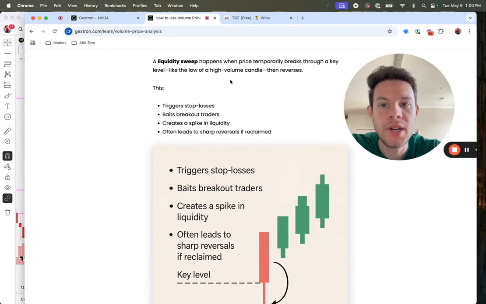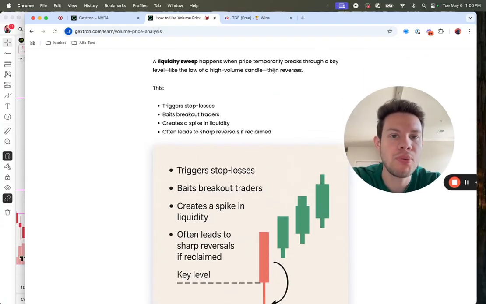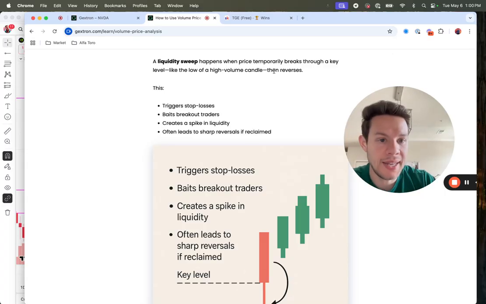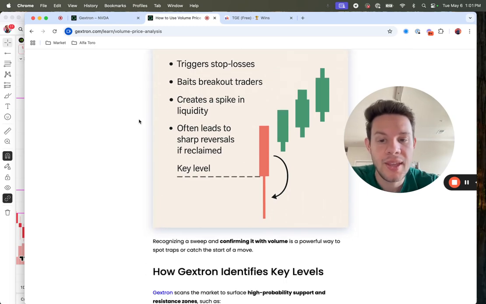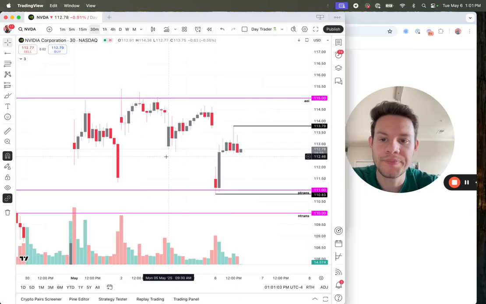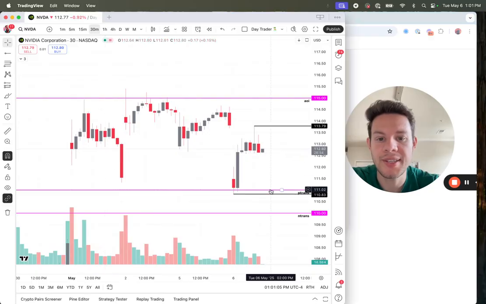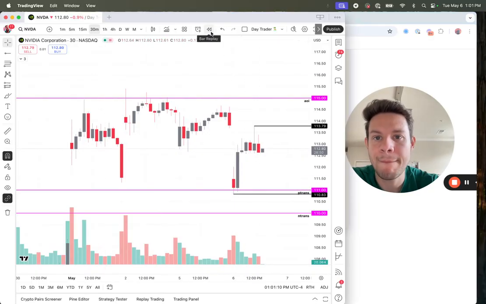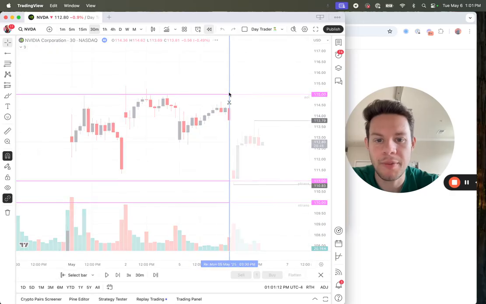I said a liquidity sweep happens when price temporarily breaks through a key level, like a high volume candlestick, and then it reverses. It doesn't always have to reverse. So what do I mean by that? Let's pay attention to this candlestick before today's opening, and I'm going to replay this here. Before this candlestick right here,